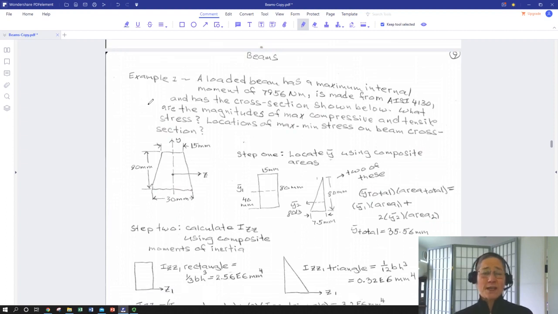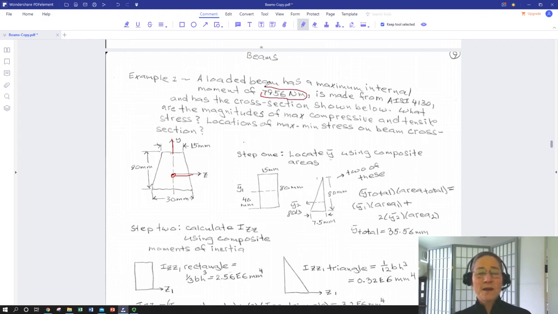So let's do a quick example, actually not so quick, but a great example, applying the flexure formula. So we have a symmetric beam. Here's a nice cross-section. So here's our y-axis and our z-axis going right through the centroid. The beam is extending out towards us through the screen. It's 80 millimeters in height, 30 millimeters across the base, 15 across the top surface. And we're told it has a maximum internal moment of